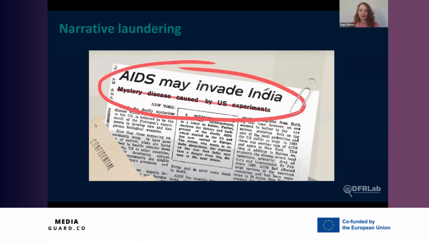A very interesting thing to notice here is that the report was reported from New York. That was to gain more legitimacy and trust, so that it would look like it was not coming from India, for example, or Moscow, because we now know that it was coming from Moscow, and the KGB deployed this disinformation campaign in the Indian newspaper as if it was coming from New York.